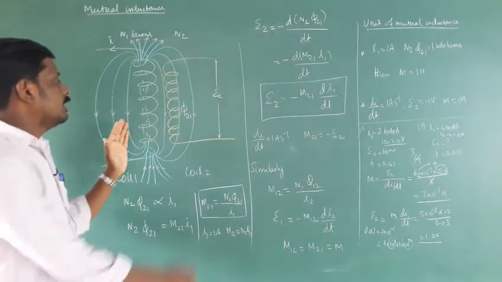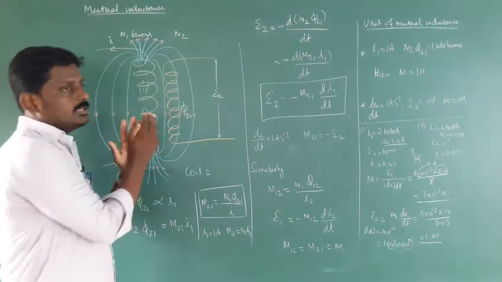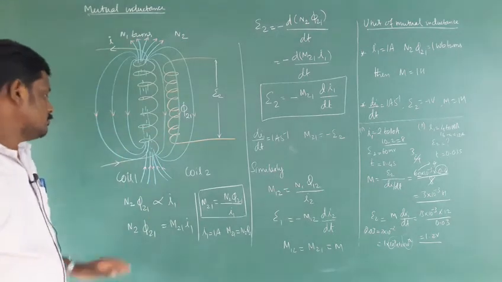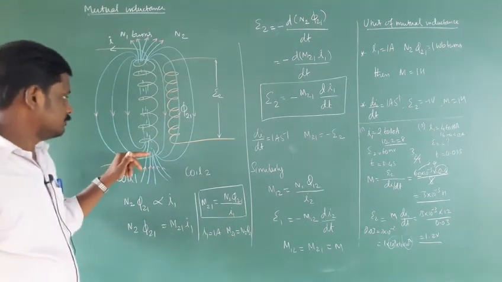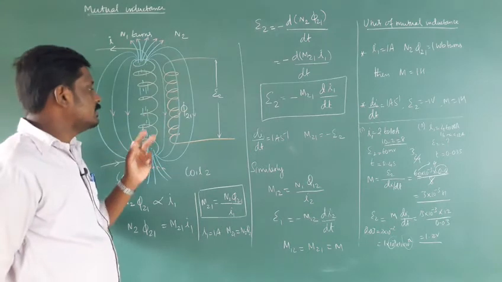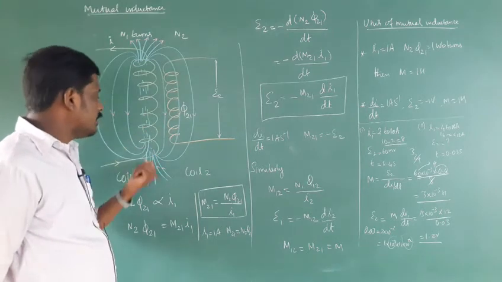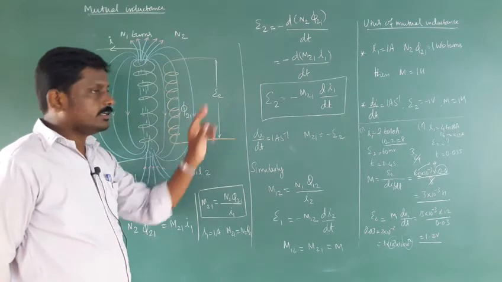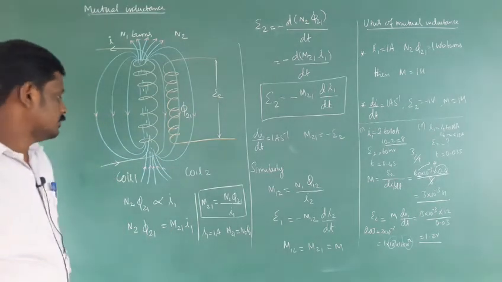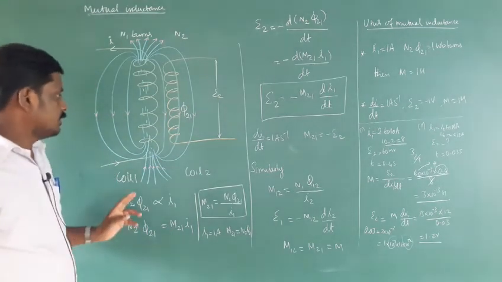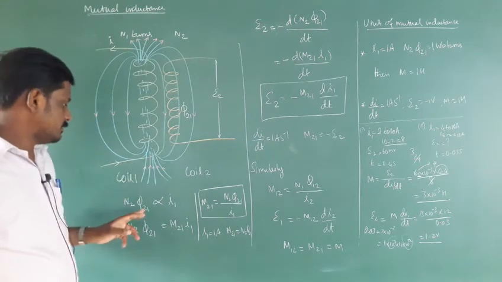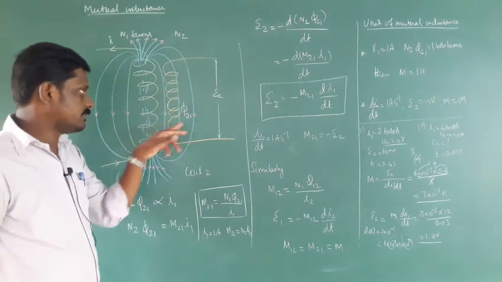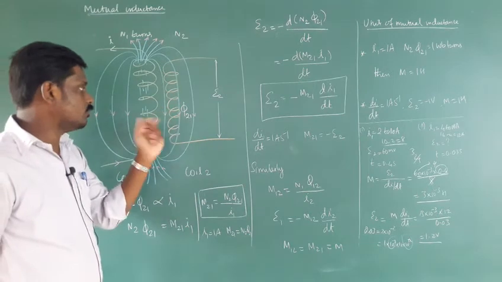Coils 1 and 2 are somewhat near but do not touch each other. A change in the current I1 in coil 1 is responsible for the induced EMF produced in the neighboring coil. So that is mutual inductance. Now coil 2 has N2 turns, so there is a change in magnetic flux linked with coil 2 due to coil 1.